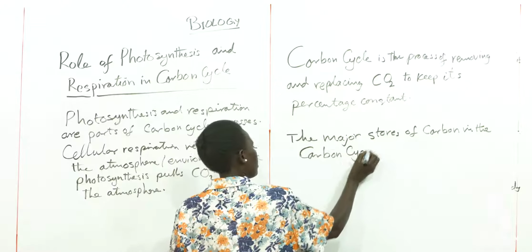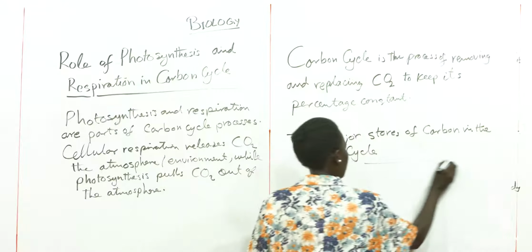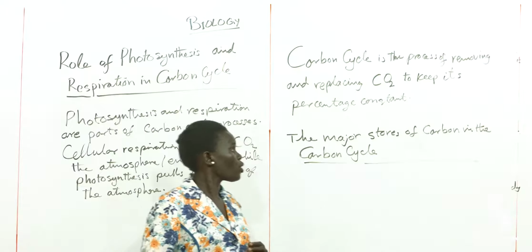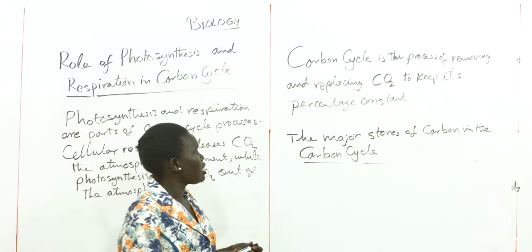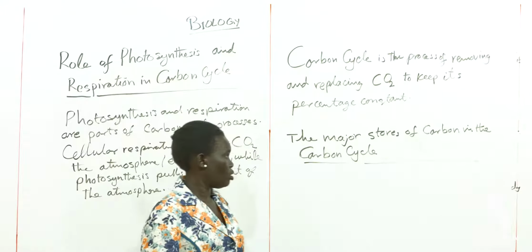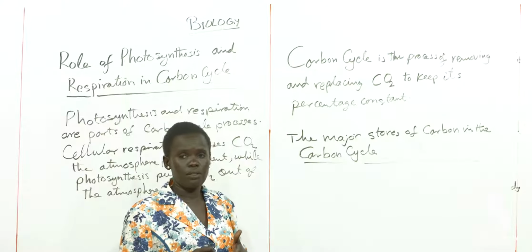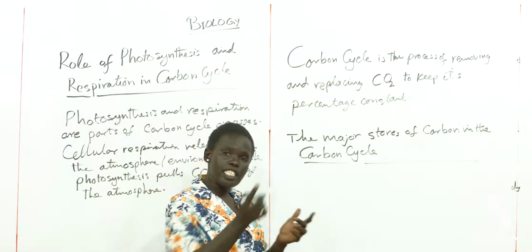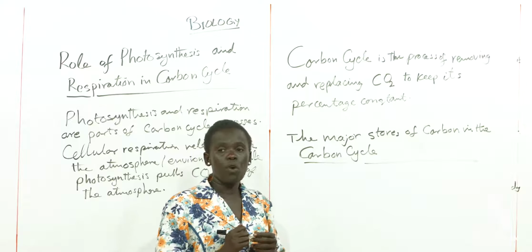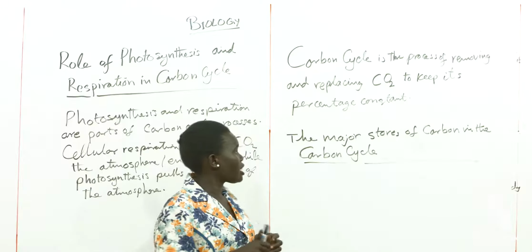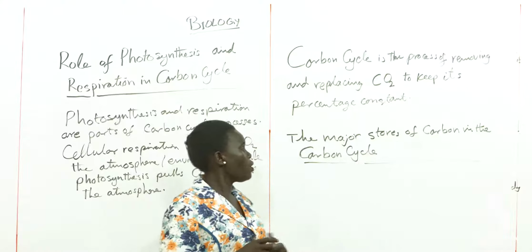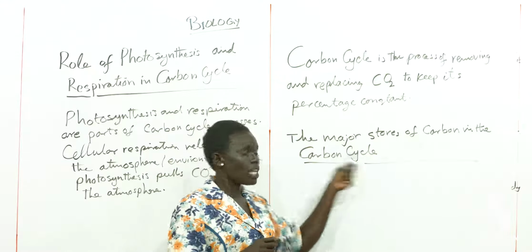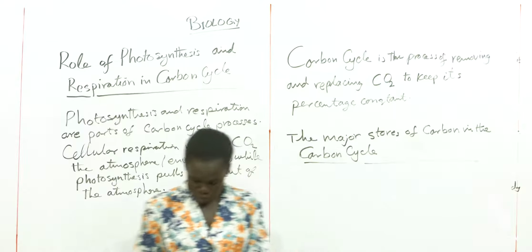This topic tells us where the carbon that recycles comes from in the environment, or how we can get the carbon that recycles around on the earth. So there are some stores where they can release this carbon in the carbon cycle. There are 4, because